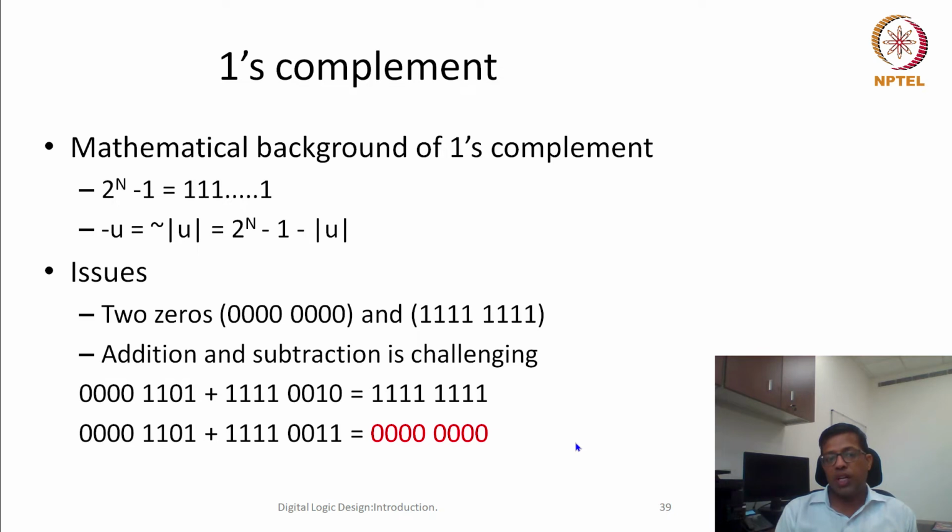So that means we need to find some other representation which is better than this, which doesn't create this confusion. And this particular error came essentially because we have two representations of zero. One representing all zeros, another representing minus 0, that means all ones. So because of two representations of zero, we are getting this correction error of 1 in some cases. Okay, so what can be the other method of representing negative numbers?